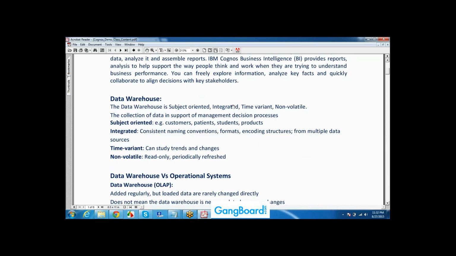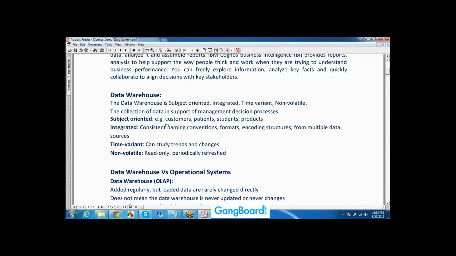That's what subject oriented means. For each subject area, for credit card one data warehouse we can create, for personal loans we can create another data warehouse. As per your requirement, you can create your own data warehouse for each subject area. Subject area in the sense credit card one subject area, debit card one subject area. I'm just giving examples. Business to business will get changed.